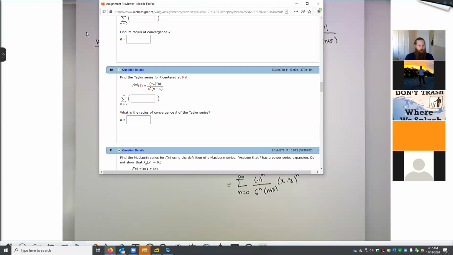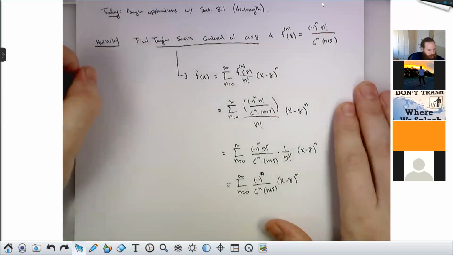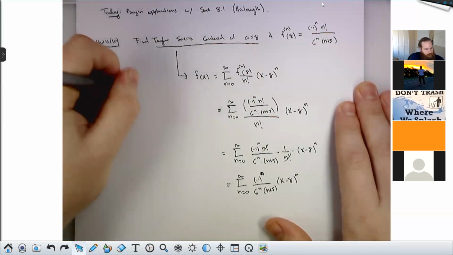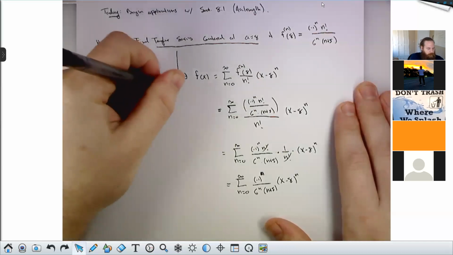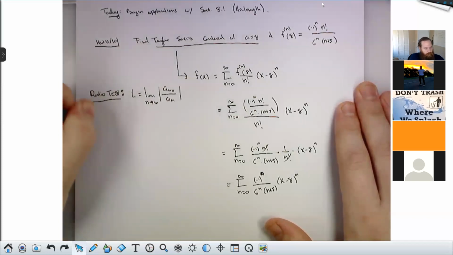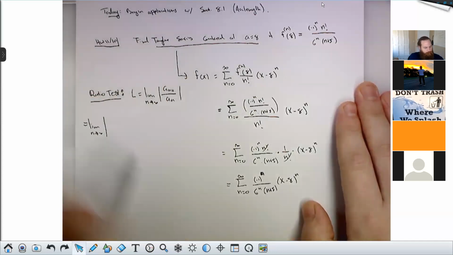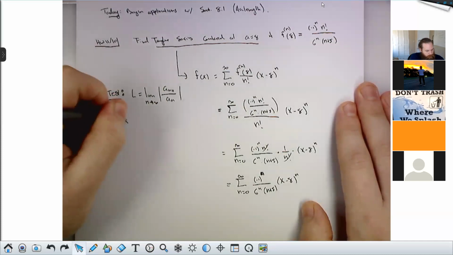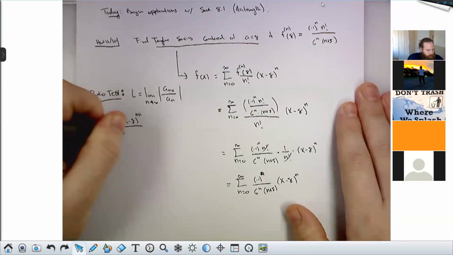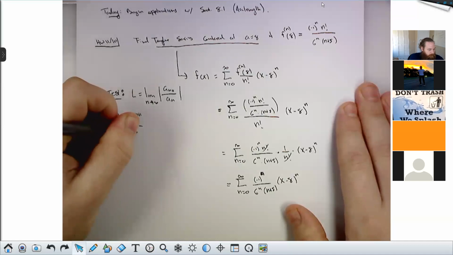Okay. So they actually asked for the radius of convergence. But we get that all out of the ratio test. So remember, L from the ratio test is always the limit as n goes to infinity of the absolute value of a_(n+1) over a_n, which here is going to be the limit as n goes to infinity of the absolute value of, here's a_n, so a_(n+1) is (-1)^(n+1) (x-8)^(n+1) over 6^(n+1) times (n+6),